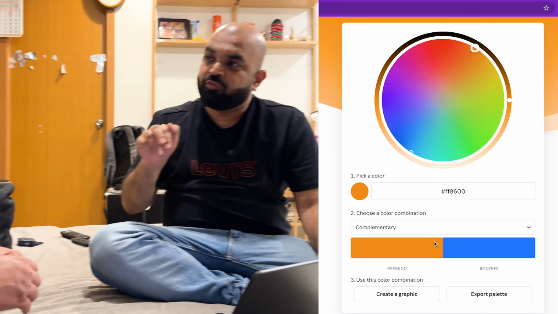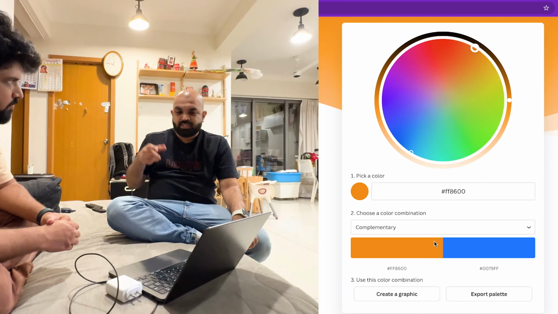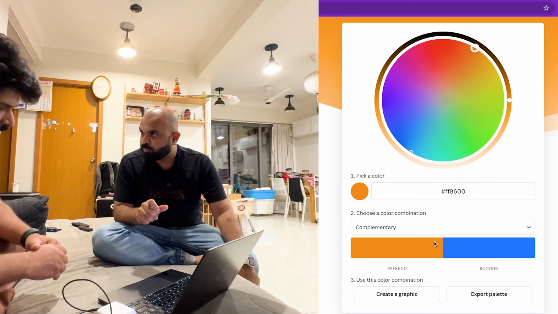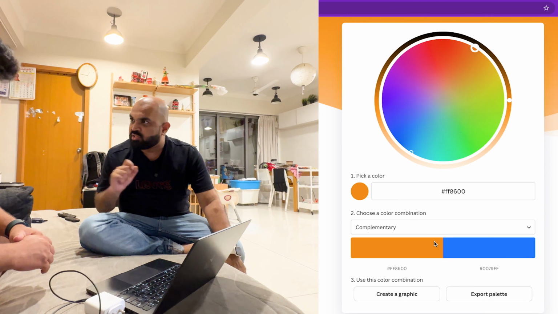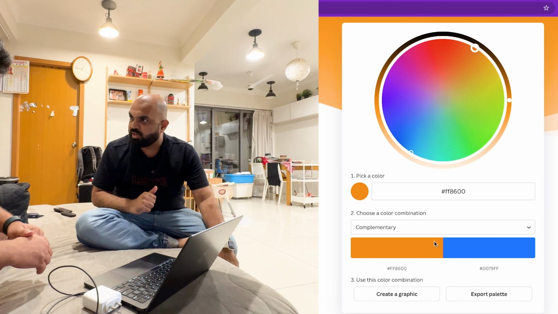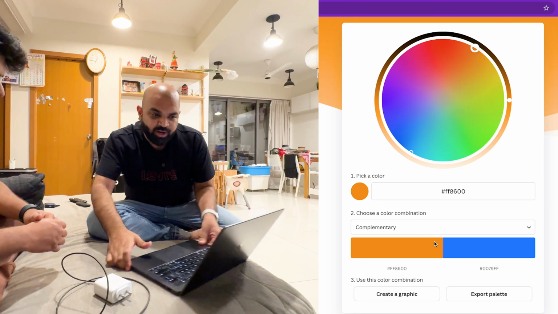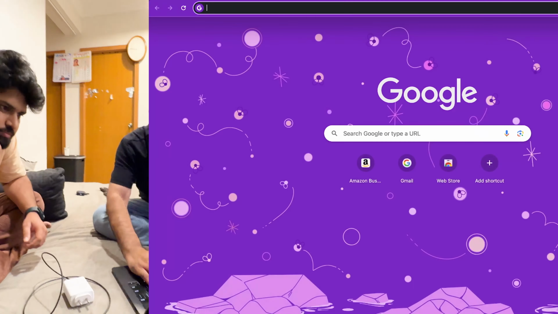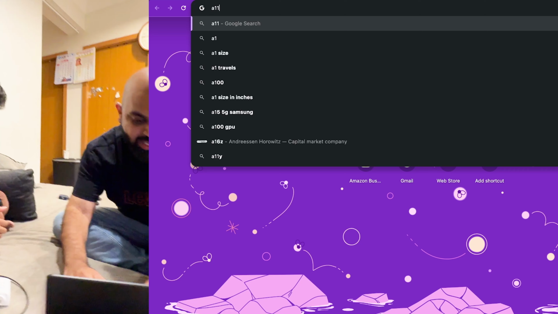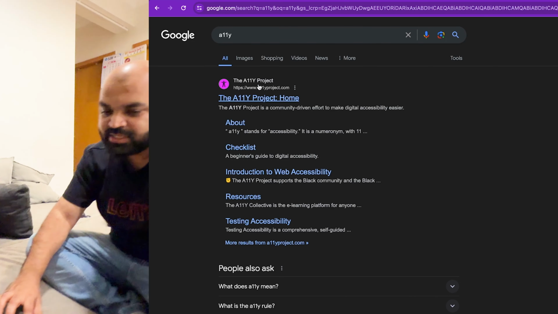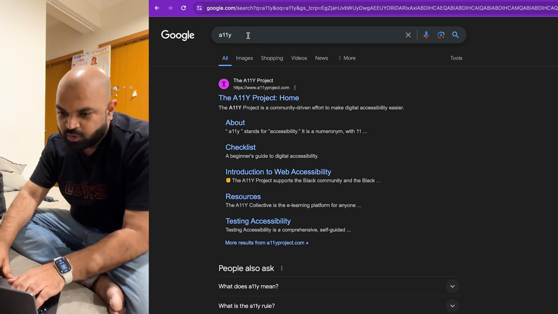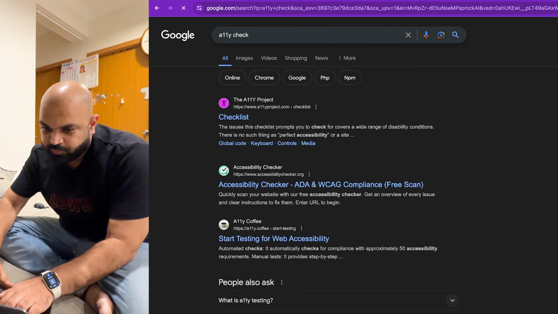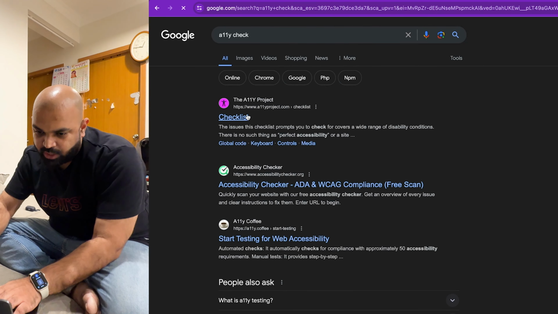Okay. In fact, for actions, if you look at orange and blue, let us say my brand color is orange. Now on orange, writing white text is difficult, right? It won't be visible. In fact, to check that, we have this thing called accessibility. It's called A11Y. A11Y means accessibility check. It's a shortcut for accessibility. So if you go for an accessibility check, what you can do is,